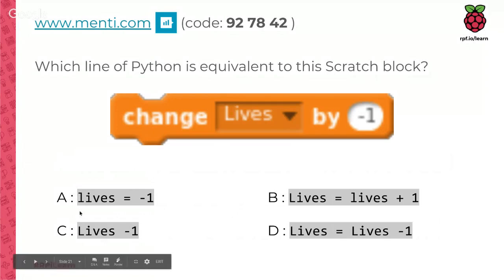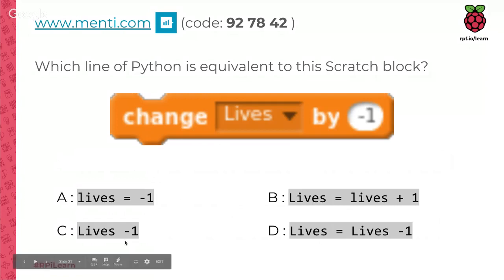So some people might go for lives equals 1 because they think that this is changing lives to -1, which it's not. What this is doing is it is changing lives and it's taking 1 away. So that's why A isn't the case. A is setting lives to the value -1. This one here, apart from the fact that the 2 variables don't match, this one is adding 1.